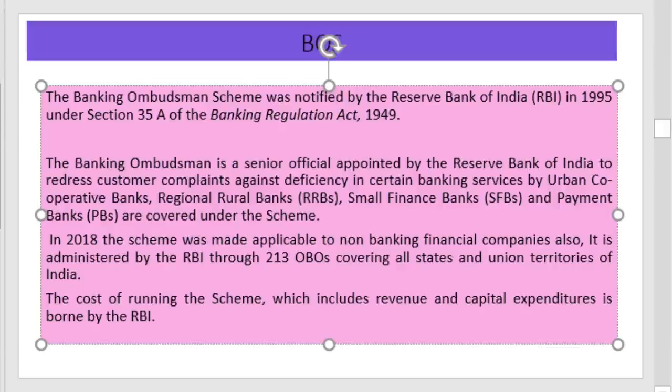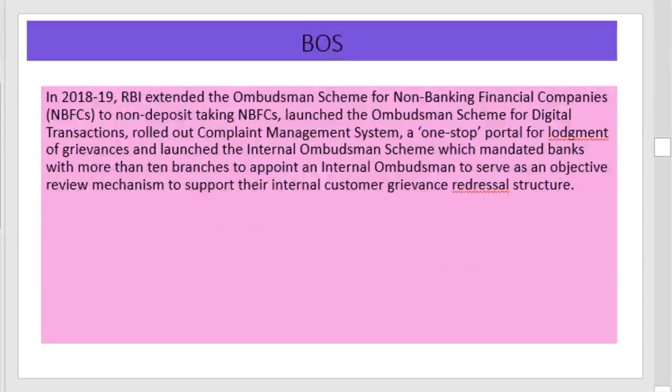In 2018, the scheme was made applicable to non-banking financial companies also. It is administered by the RBI through 21 Banking Ombudsman offices covering all the states and union territories of India. The cost of running this scheme, including revenue and capital expenditure, is borne by the RBI. In 2018-19, as we have seen, the RBI extended the Banking Ombudsman Scheme to non-deposit taking non-bank financial companies, launched the